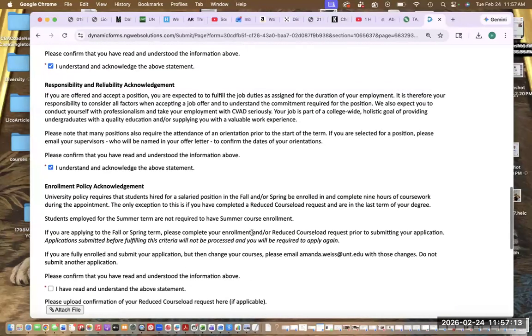The other thing I want to mention here is, please, if you do need to take some time off, arrange that with your supervisors at least 2 weeks ahead of time. I would strongly recommend that you do not take a vacation in the middle of the semester. The reason why I'm talking about this is because it's happened.